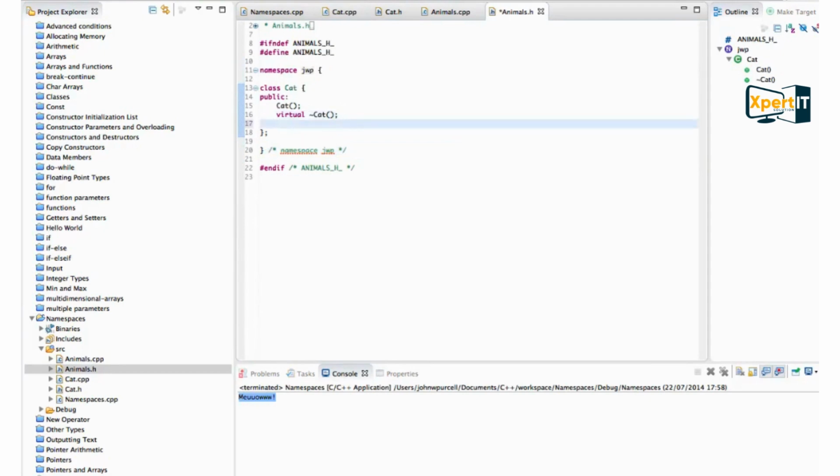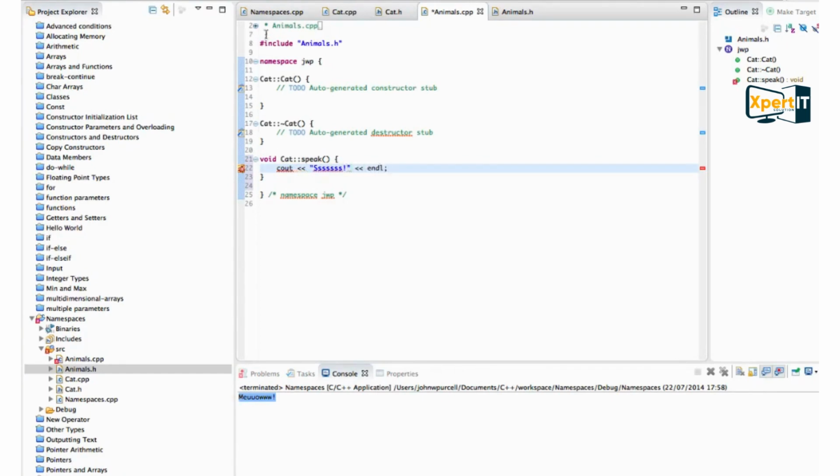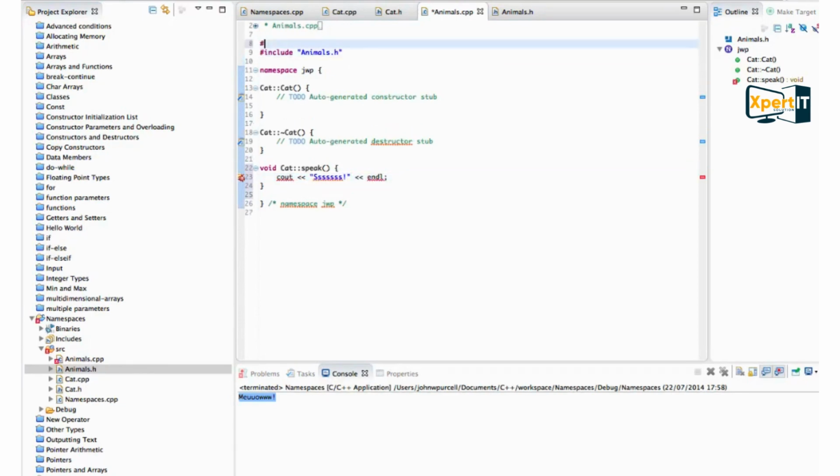Let's say void speak again, and in animals.cpp I'm going to say here void cat::speak. Let's make this do something different to the other speak in the other cat class. I'm just going to make it say an aggressive cat noise, and we also need to include up here somewhere, we need to include